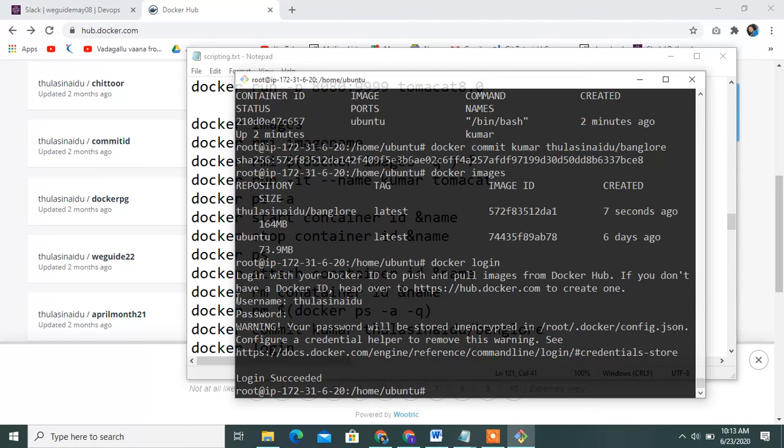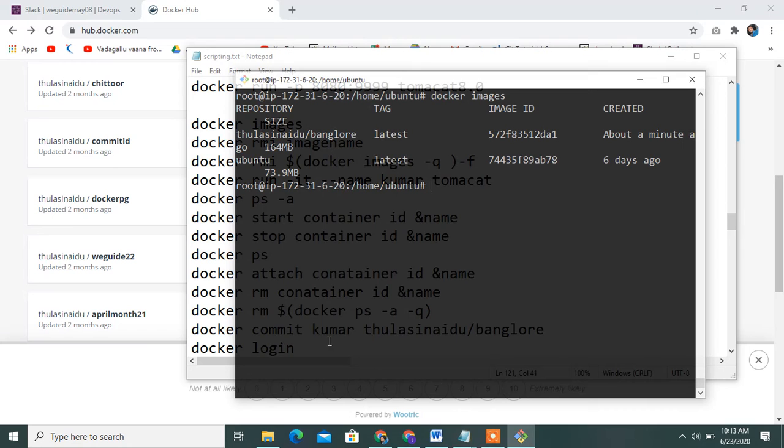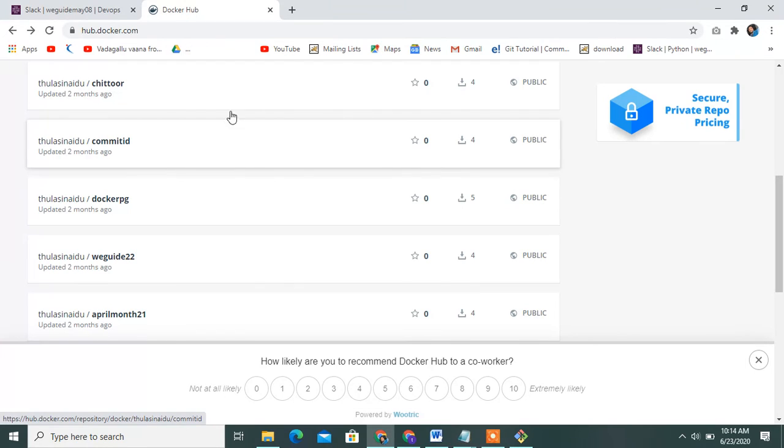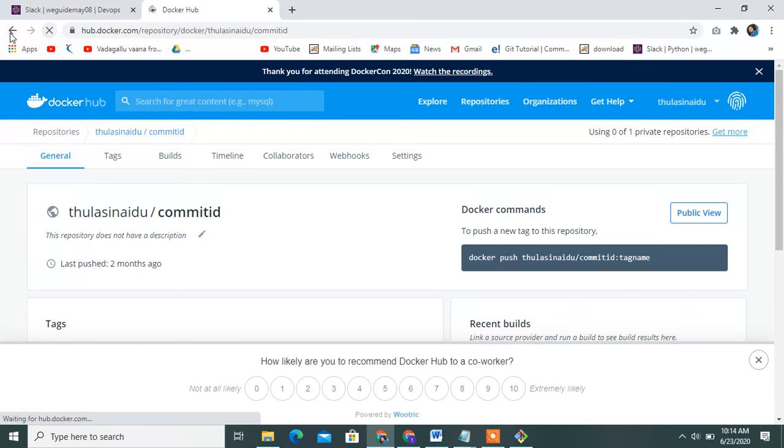Guys, remember your username and password. Keep it in some place. Don't forget this. Clear the terminal and docker images. See this, how to pull the image. Once refresh it.